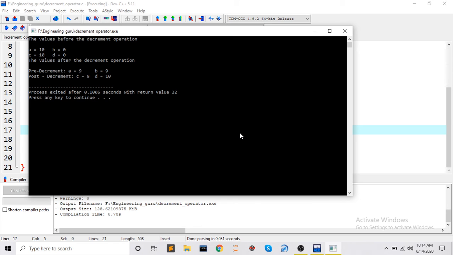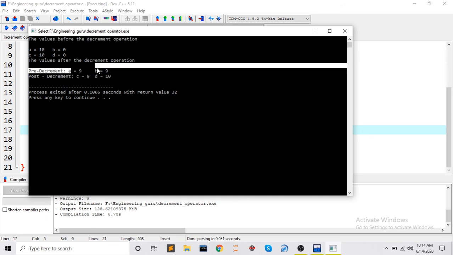Now you can see the values before the decrement operation. Whatever initial values we have taken, the same will print. Then we have done the operation and printed the values. For pre-decrement, you can see the a value is 9 and the b value is 9. What happened here?